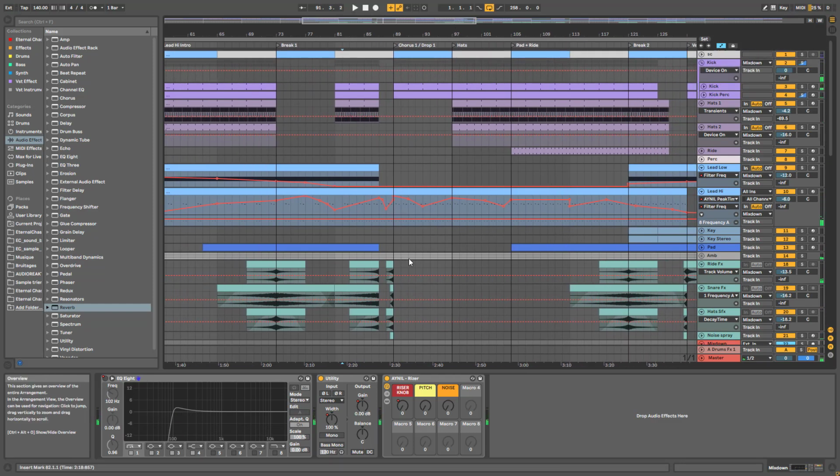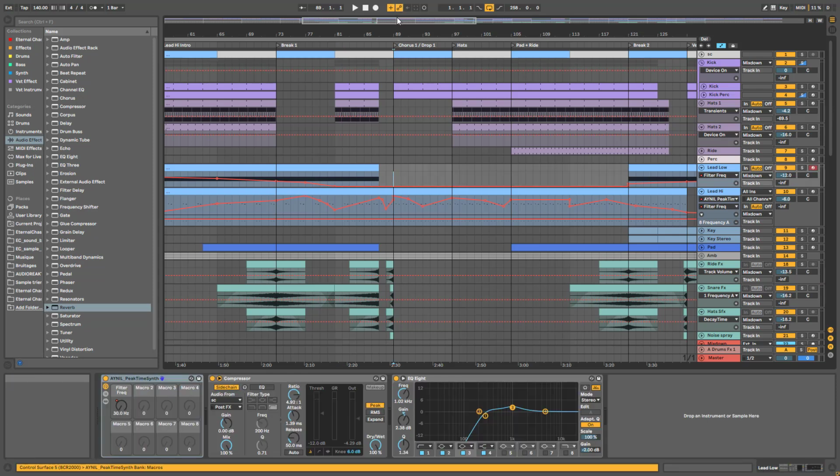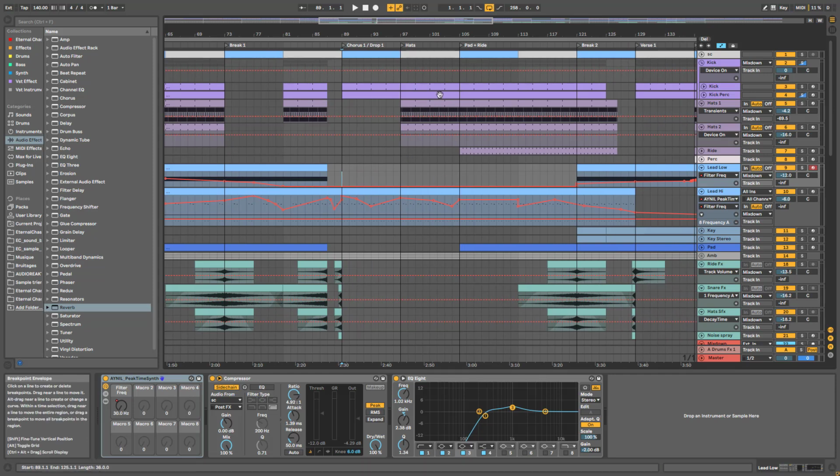So then we have the first drop, which is basically just the kick and the main lead playing with the ambience in the background. It's always super effective to have the fewest elements possible. Usually just the kick and the bass, if it sounds good, is the best. And then after, you progressively introduce the other elements again, so you can add the